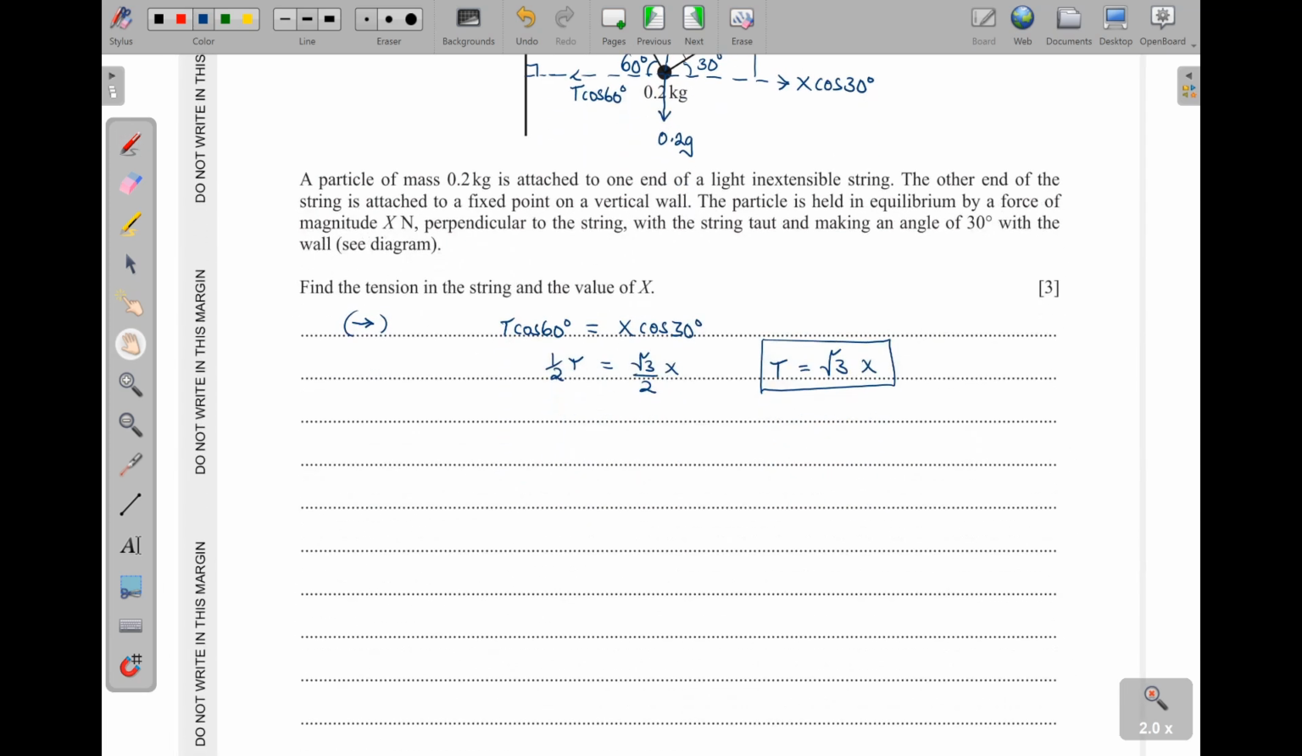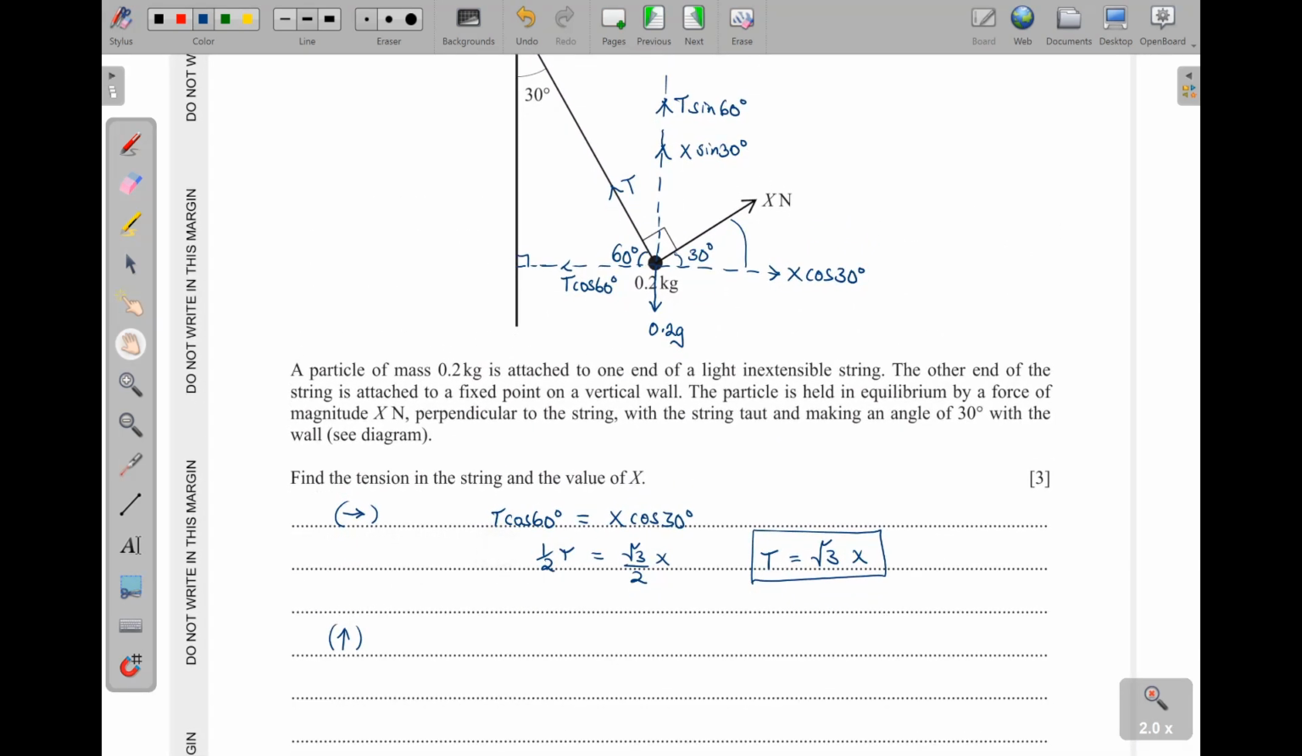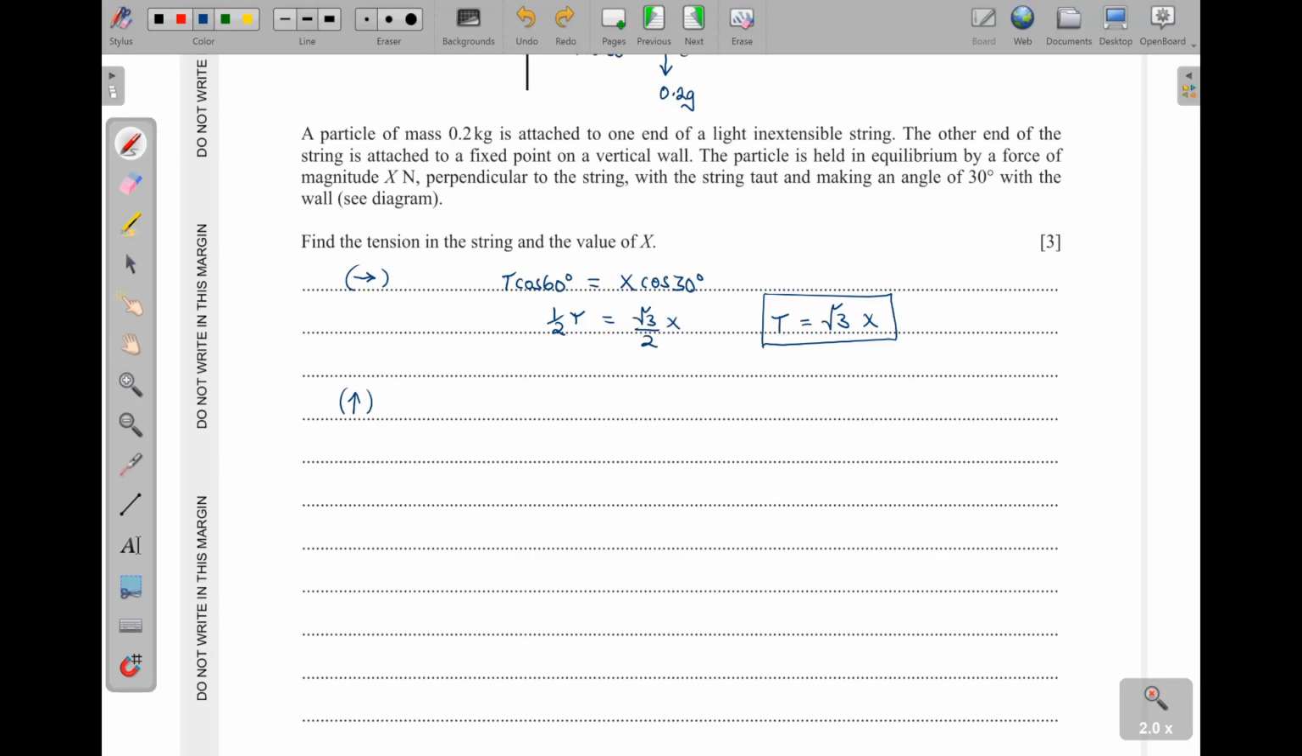Then next I can go vertical. So resolving forces vertically, what do we see? Up there we have these ones here, T sine 60 and X sine 30. T sine 60 plus X sine 30. Then this one is going to be equal to, the one going down is the weight, 0.2 g. And then since we have our T as root 3 of X,